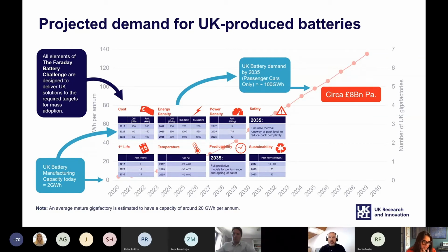And then when it comes to sustainability, it's the intensity of all that, but also the ability to take those batteries and reuse or repurpose or remanufacture and actually finally recycle them. And the opportunity in the UK relates to when you sit down with the car companies and you ask their procurement departments how many batteries they're going to need by 2035, they can very clearly tell you that it's around 8 billion in the UK. And so what you've got there is an opportunity, a market gap, and that's just for